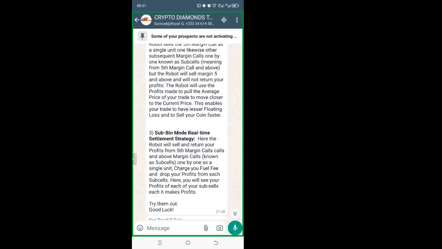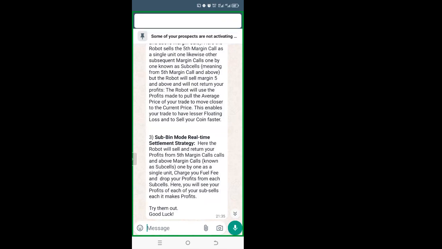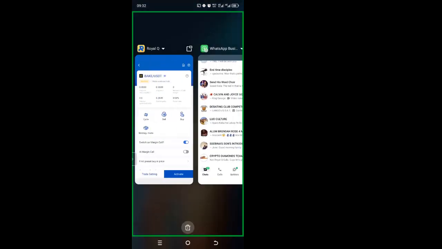But look here. When you use sub-bin mode real-time settlement, the robot will sell and return your profits from the fifth margin calls and above, known as the sub-sells, one by one as a single unit. Charge your gas fee immediately. Drop your profit from each sub-sell immediately. Here you will see your profits on each of your sub-sells. Each time it makes profit, you are able to see the profit deposited on your Binance immediately. Ladies and gentlemen,